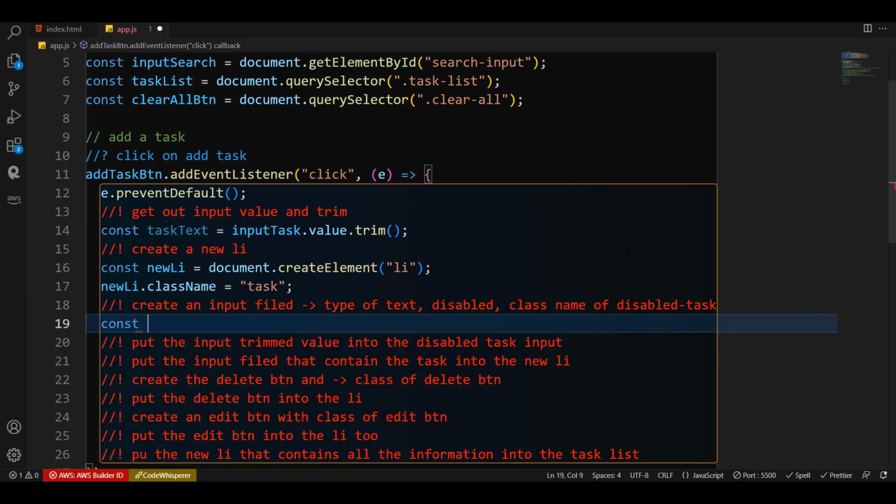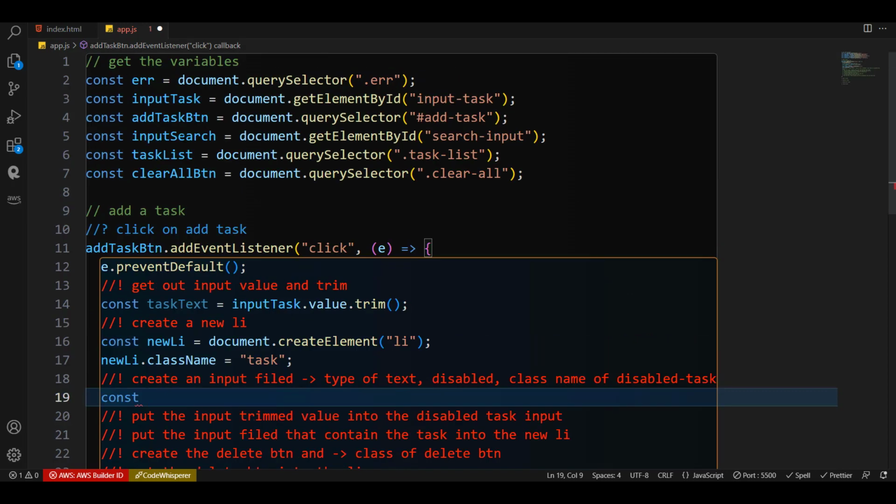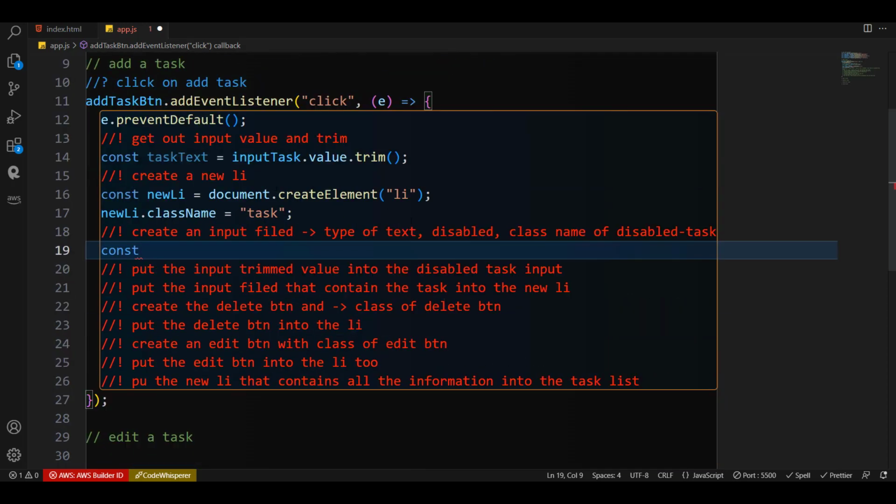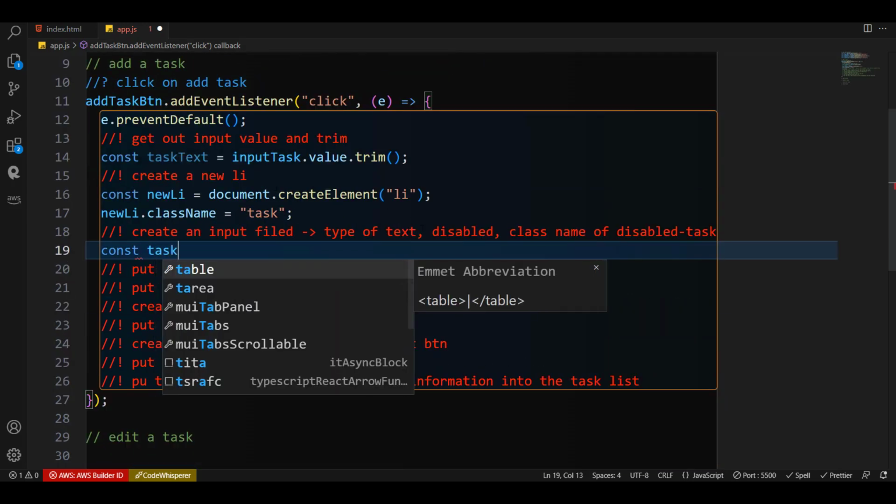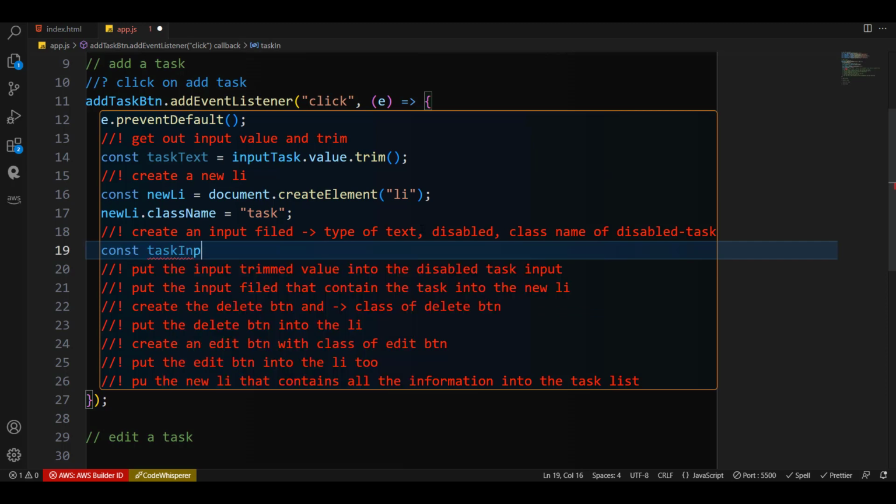So what will be the variable name? You can just say... can we say task input? Did we use task input here? No, this one was input task. Let's say task input. Task input. So now it's equals to now document